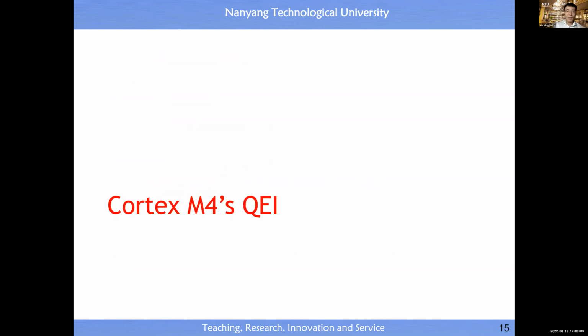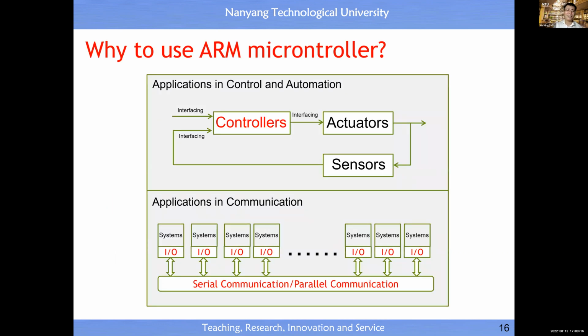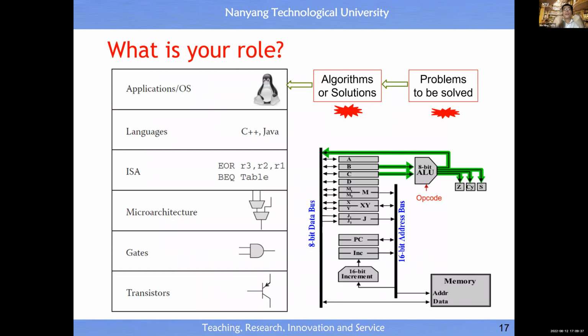Okay, now the good news to you is Cortex M4 supports the implementation of interfacing with digital sensors, right? So then why do we use ARM Cortex? The answer is what? With a single controller, we are able to build up a network of communication, a network of sensors, and a network of actuators. Because next week you will know, okay, with the same microcontroller, we are able to build up a network of actuators, right?